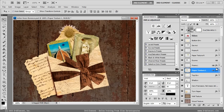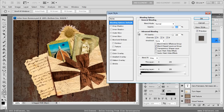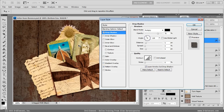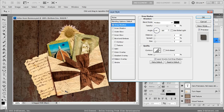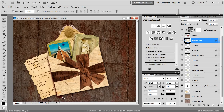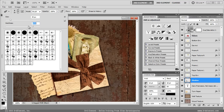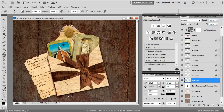And click OK. Let's go to the bottom of the envelope, double click to open up the layer styles. I already have a pattern overlay, so click on drop shadow, uncheck the Use Global Light. Let's do this a little carefully here. I want to go to the bottom down here, and then I will size up and make the shadow softer, something like that. As you can see, before I had a red background, so I couldn't see what I did with the shadow here. So select the shadow layer, go to the eraser tool, and then make sure you have a very soft brush. I have 0% hardness, and just click and erase